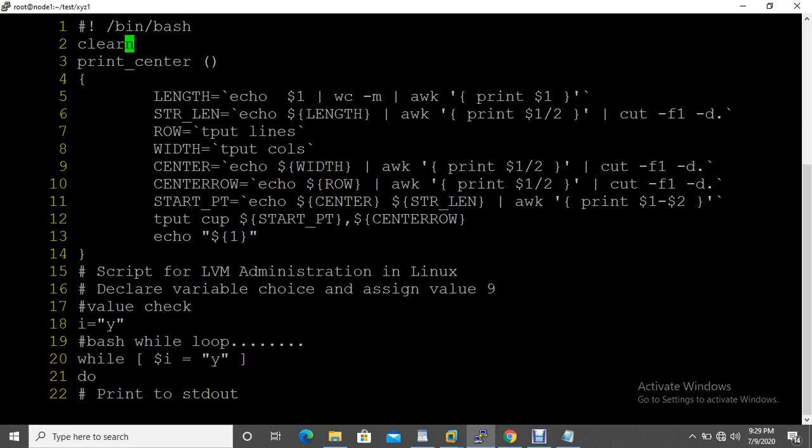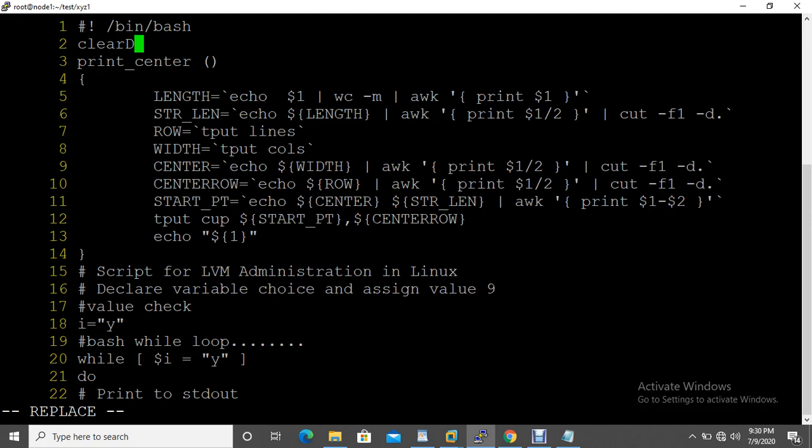Suppose you thought no, that spelling is wrong, then again you have to press r, and whatever character you want, you can give, like g. See, it's changing. So to replace a character you can use the r option, and to overwrite from the cursor onward, you can use capital R. See, it's happening.